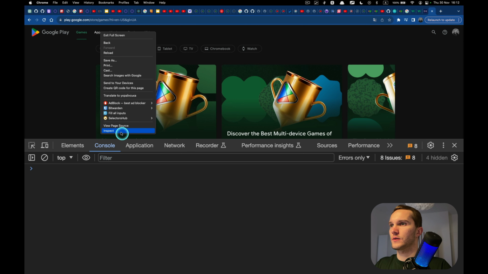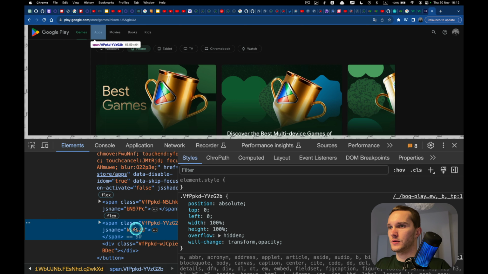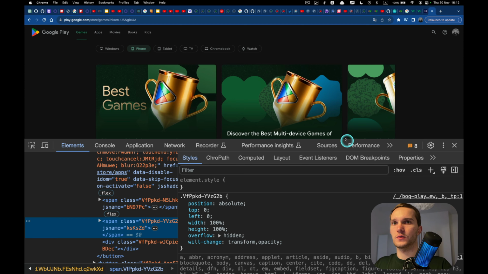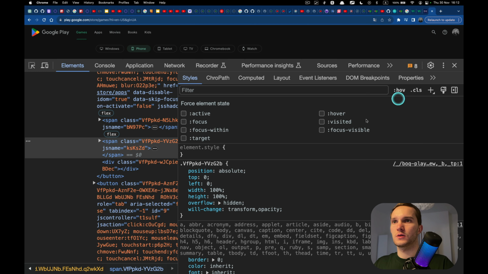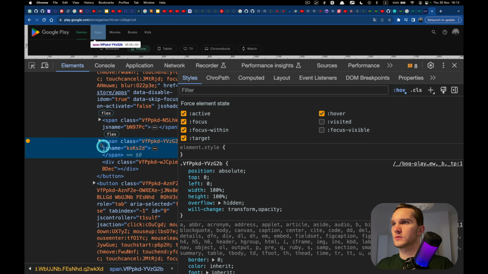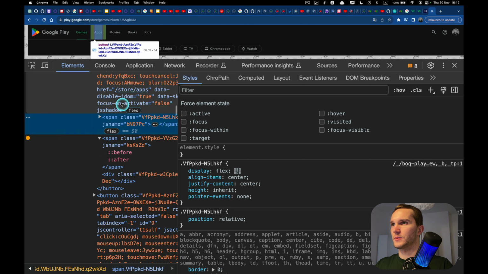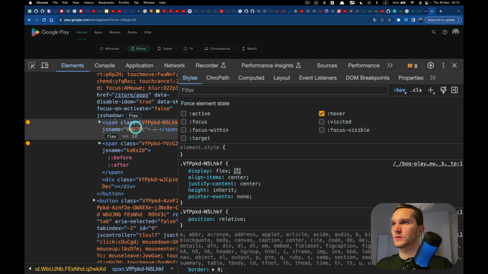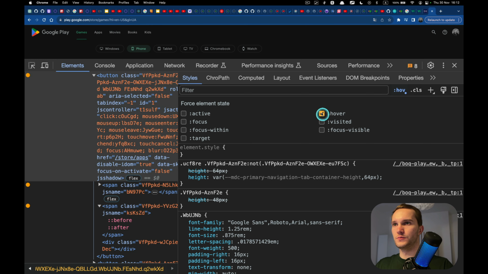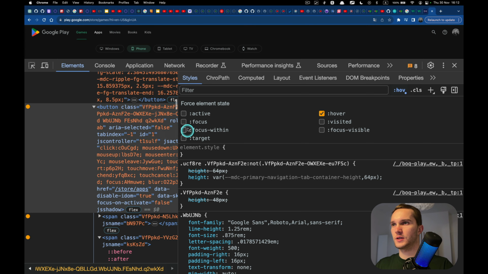Okay, this one should have app navigation, and here I will change hover active. Come on, span. Oh, maybe I have to select this one. Oh, okay, this one. Yeah, this one has the hover.